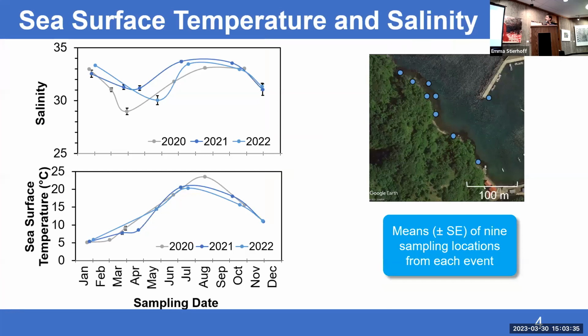Okay, next slide. To give some environmental context, we're way up north, so we get a lot of snow in the winter, and that's why salinity is normally around 33 year-round, but it does dip in the spring due to snowmelt runoff. And in terms of the temperatures, they get as low as 5 degrees in the winter, reaching maximums of 20 to 25 degrees in the summer. One thing to note is this period of change in the spring is really critical because this change in salinity affects the osmotic cellular balance of the kelp, and that stresses the tissue and is potentially linked to the mechanisms of release for DOC.